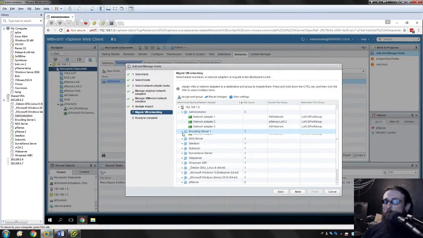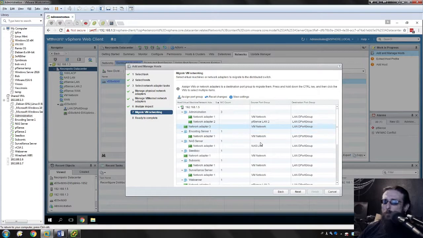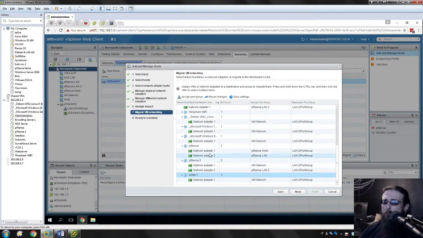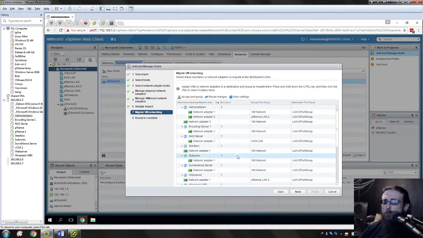Man, I have to do these one by one? Seriously? Okay, so I selected and one by one did every one of them. It doesn't give me an option to not migrate secondary adapters, so I'm going to have to manually probably edit pfSense's, both of those, and the